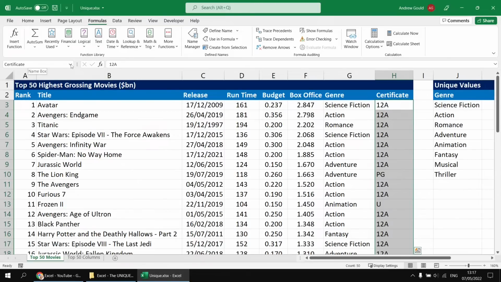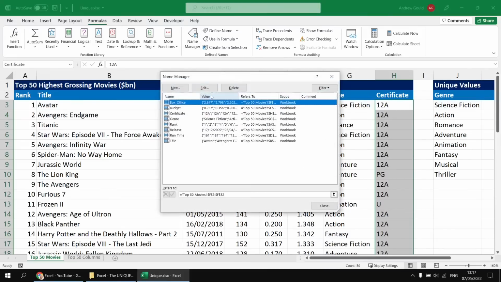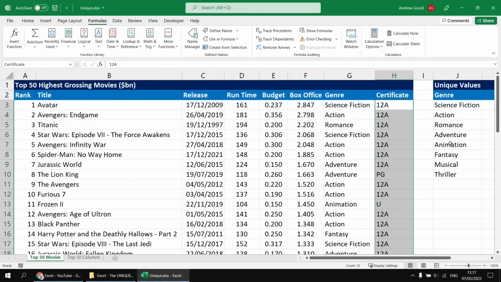You can also see your named ranges in the Name Manager dialog box in the Formulas tab in the ribbon. So should you want to remove or edit any existing named range, this is the place to go and do it. It also means I can write my formulae a little more easily when I want to reference columns in